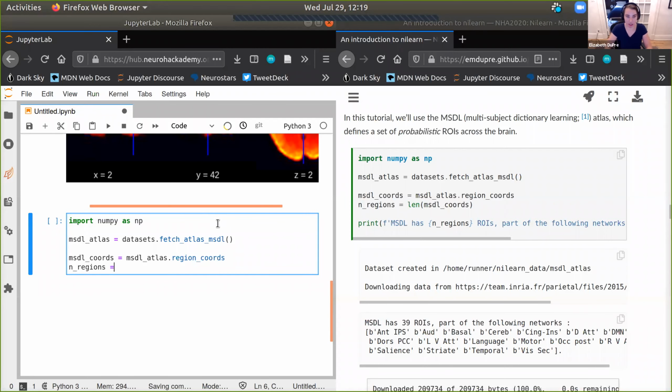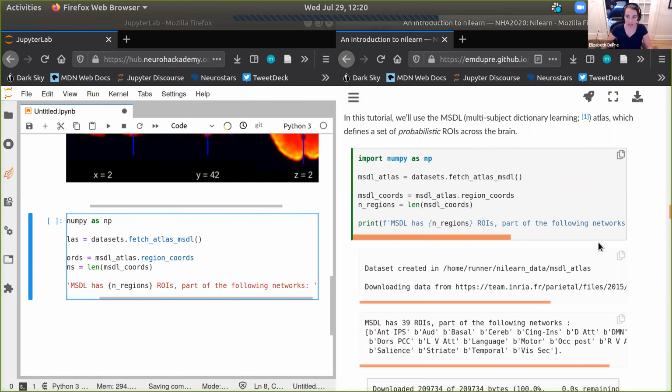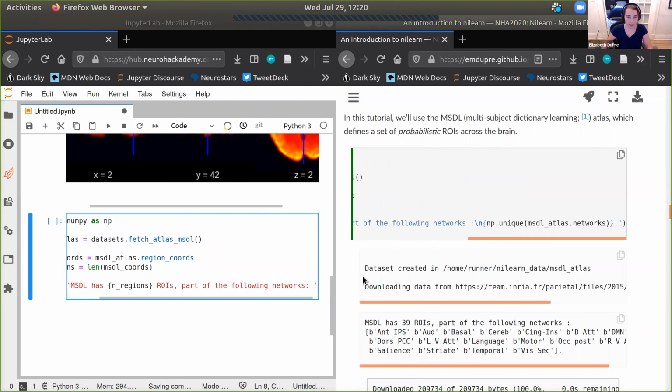So MSDL has this many regions, part of the following networks. And then what this is going to do is insert a line break.